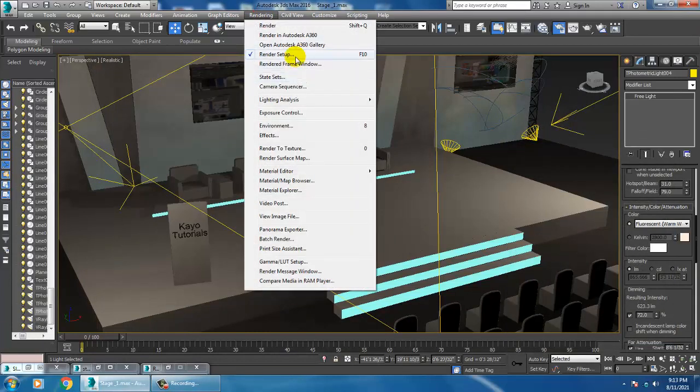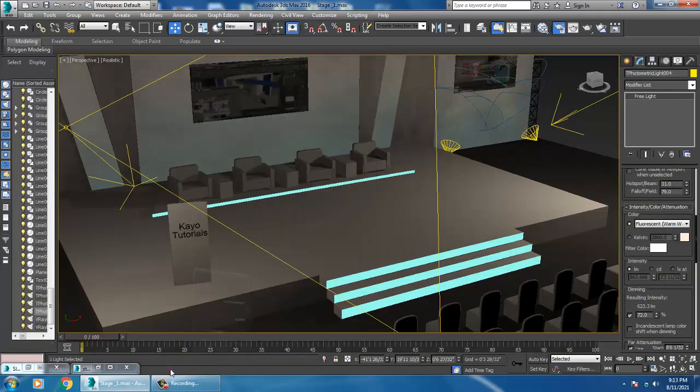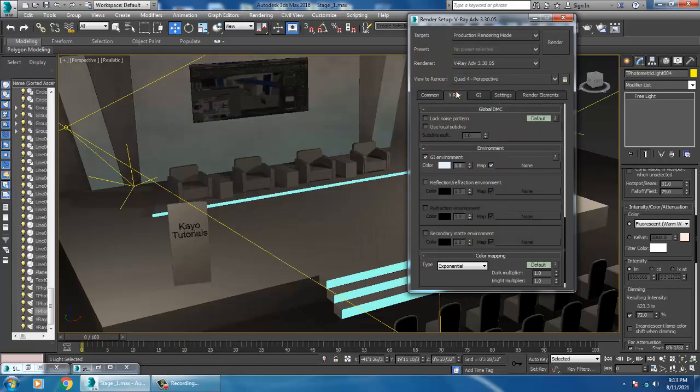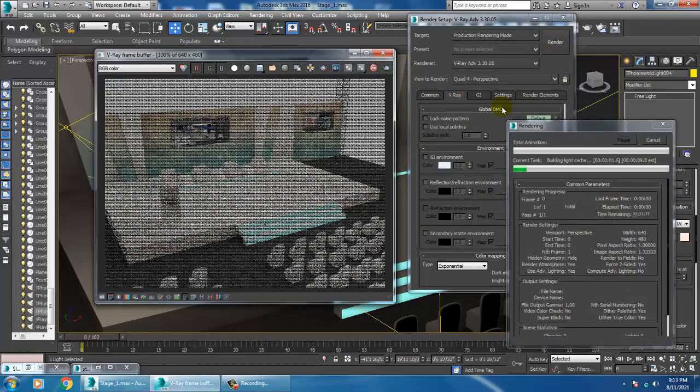So rendering, render setup. Now let's render and see.